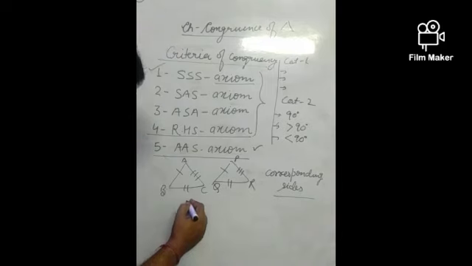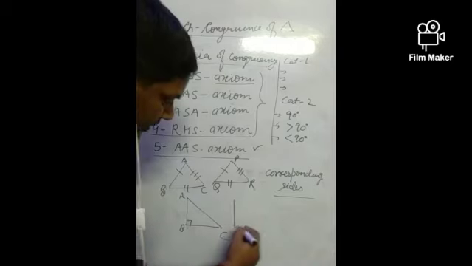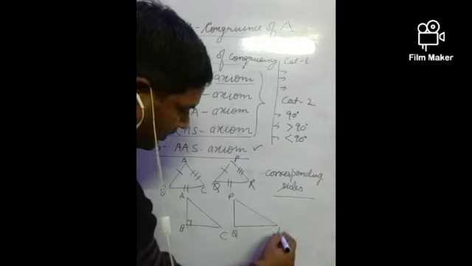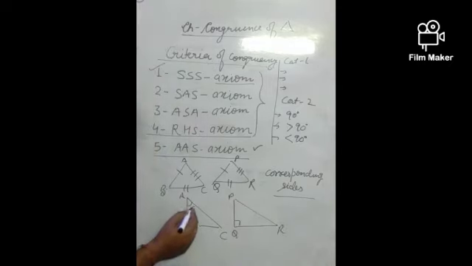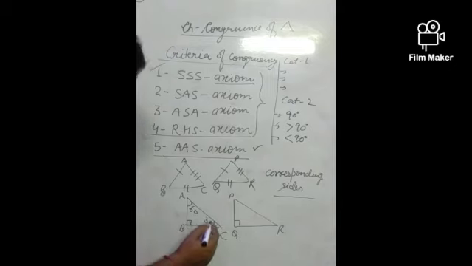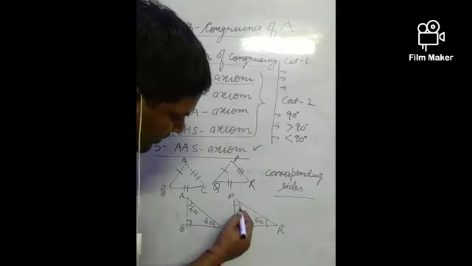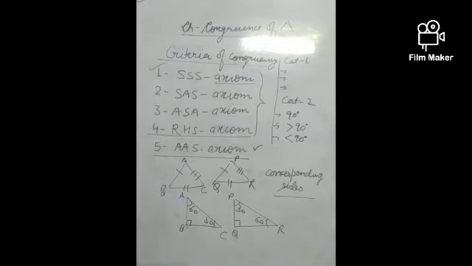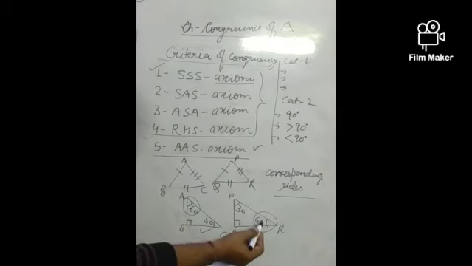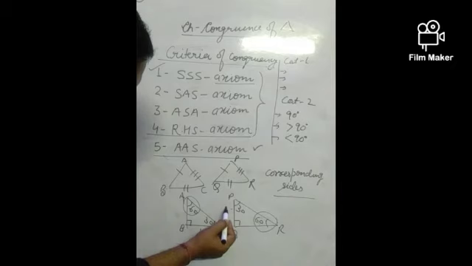I may draw one more figure to clarify this question. A, B and C. This is 90 degree. Again one more, P, Q, R. This is 90 degree. But if this angle is 60 and this is 30, and in this figure this is 60 and this is 30, both the figures are right angled. But remember, this 60 is corresponding to the 60 degree, and in this figure which side is opposite to the 60? This BC. So in this figure which is 60, this one, the opposite side should be this one. This is the meaning of corresponding sides.